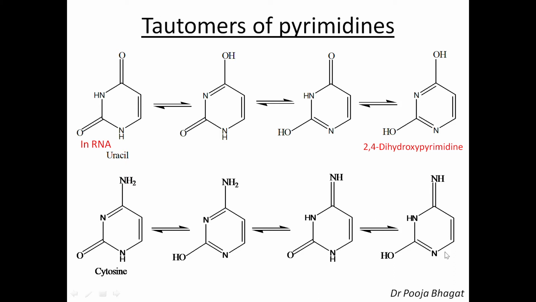Now in all these 4 tautomers, this is the one where the pyrimidine nucleus is there. So you can name it accordingly. Yes, it is 1, 2, 3, 4. So at 4 you have amino group. At 2 you have hydroxy group. So it is 4-amino 2-hydroxypyrimidine. Okay. So you can name the cytosine as 4-amino 2-hydroxypyrimidine, and it is this tautomer of the cytosine which exists in RNA and DNA. That means in nucleic acid, cytosine exists in this tautomeric form. I hope this is clear to everyone.